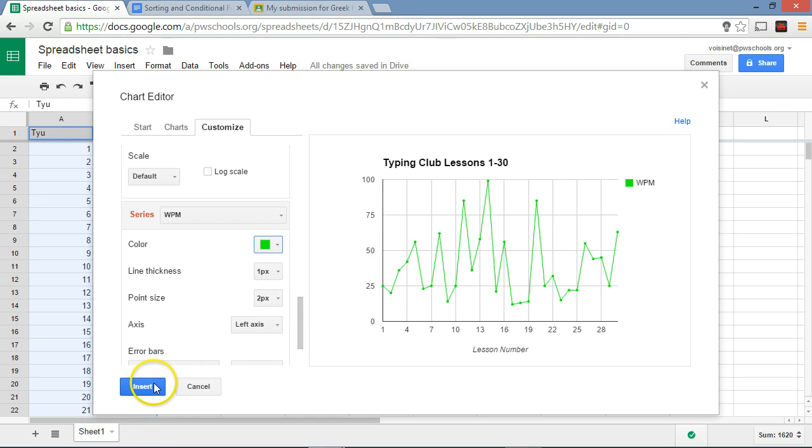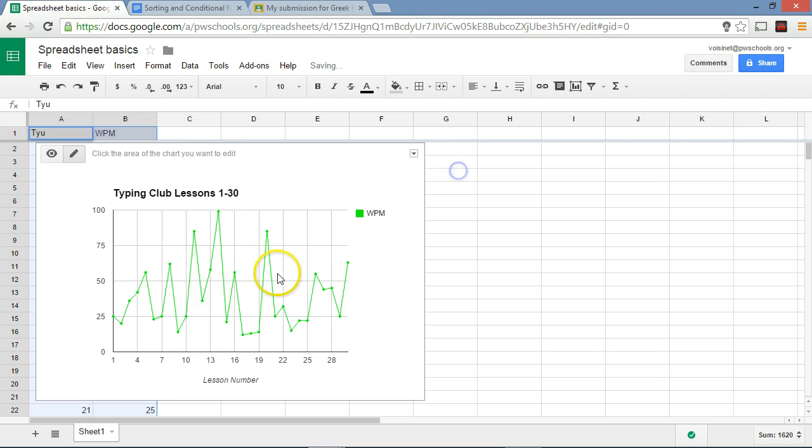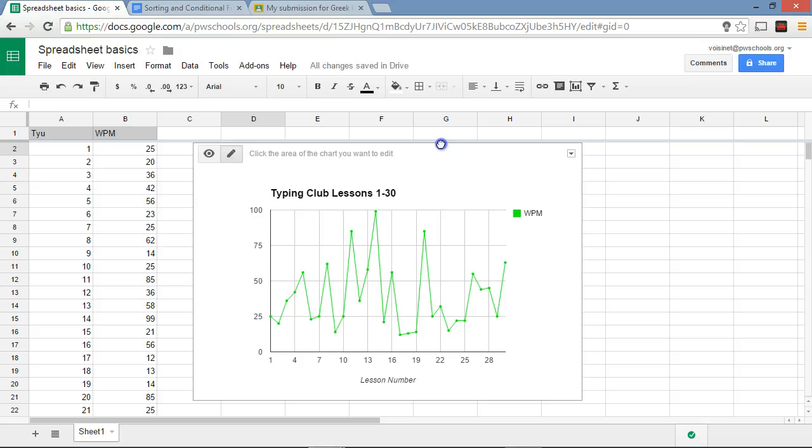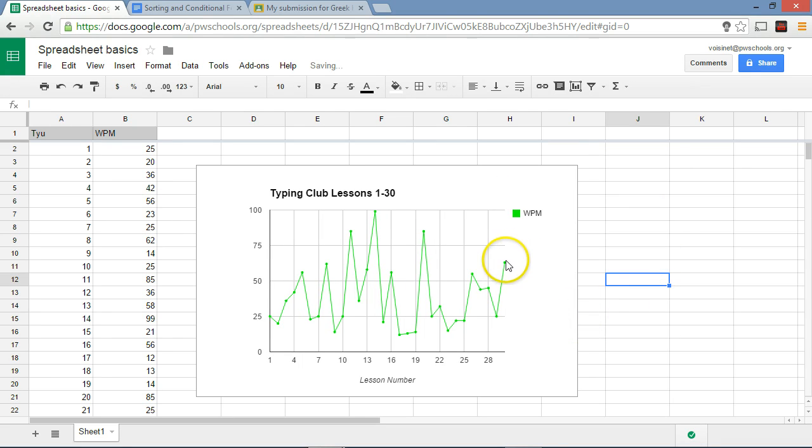And go ahead and insert your chart and just move it, drag it over here so it's someplace where we can see. And now we have our chart. One of the neat things about